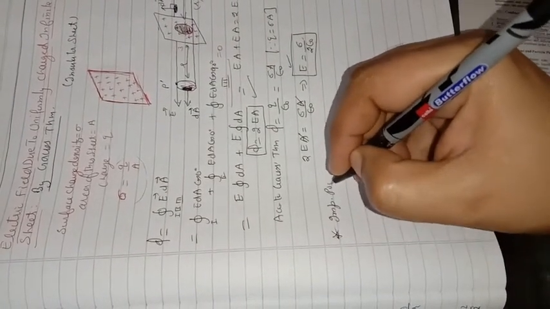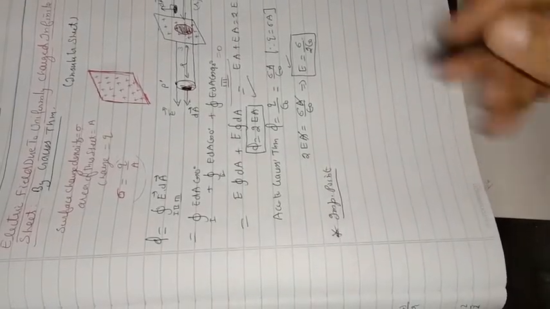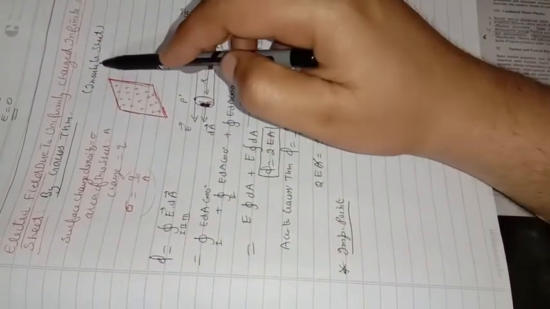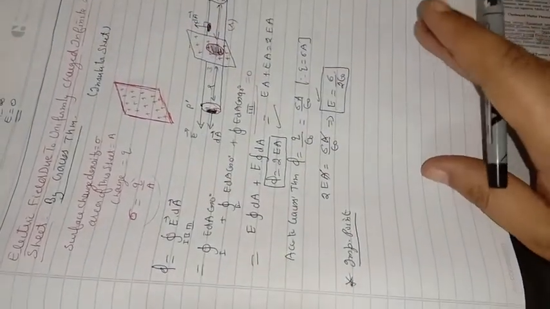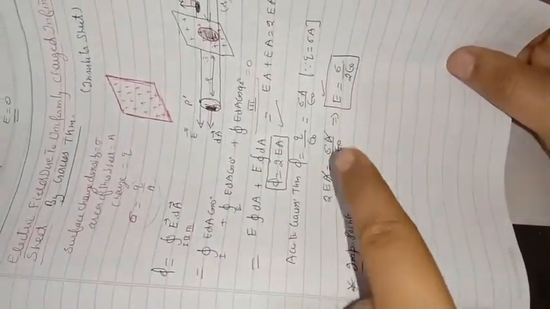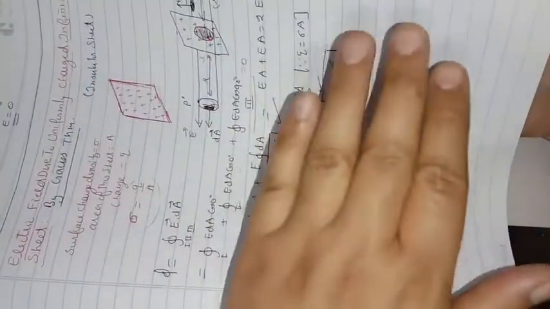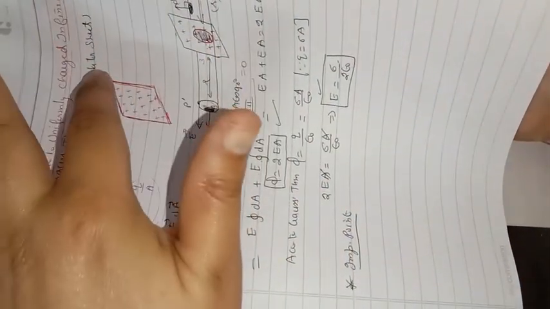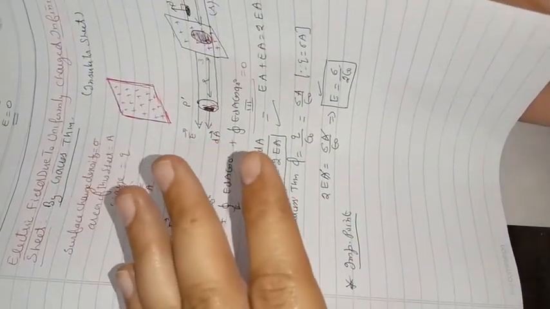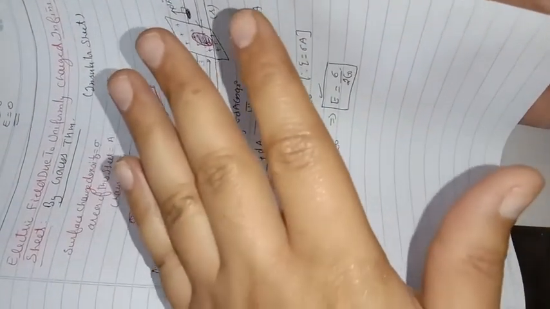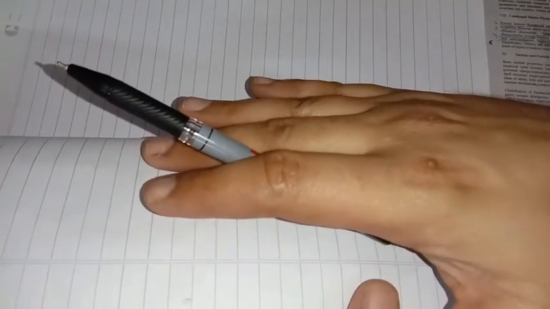An important point you have to remember about this particular case. Here we have considered an insulator sheet. That means when the charge is transferred to the sheet, it resides only on one side. So if this charge Q is present, it is present only on one surface, not on the second surface. But if it is a conducting sheet, when the charge is transferred, an equal amount of charge will be present on both the sides. So if charge Q is given, Q charge will appear on one side of the sheet and equal Q charge will appear on the second side also.